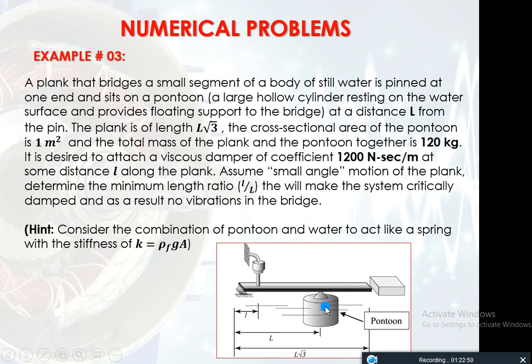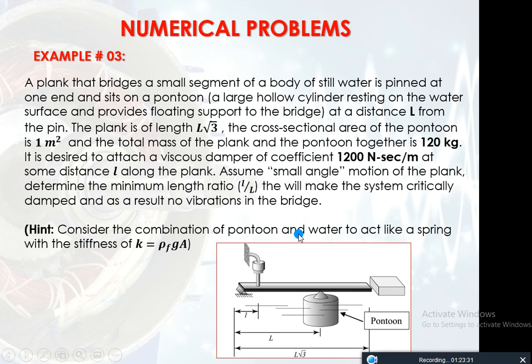So depending upon all of these dimensional parameters, this is the value of the stiffness coefficient that depends upon the density of a fluid, into gravitational acceleration, and into its cross sectional area. So these are three parameters: density of fluid, gravitational acceleration that is 9.8, and area that is 1 meter square. Also, what is the density of water? If the fluid is water, it should be 1000 kilogram per meter cube, and if it is some other fluid like air or anything else, we can also design it accordingly.